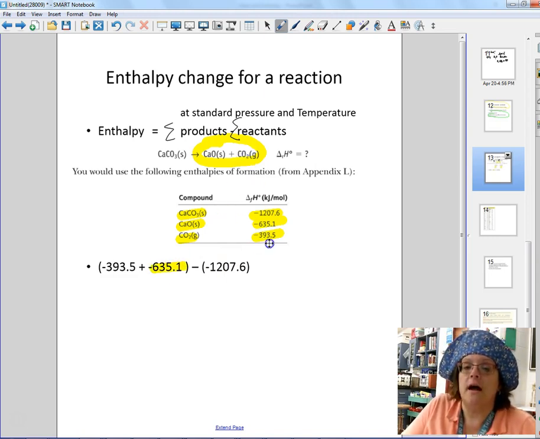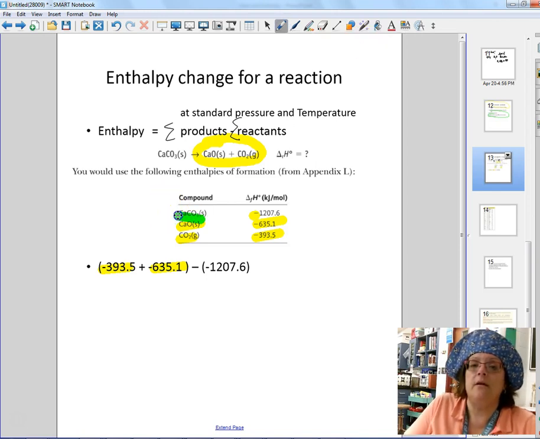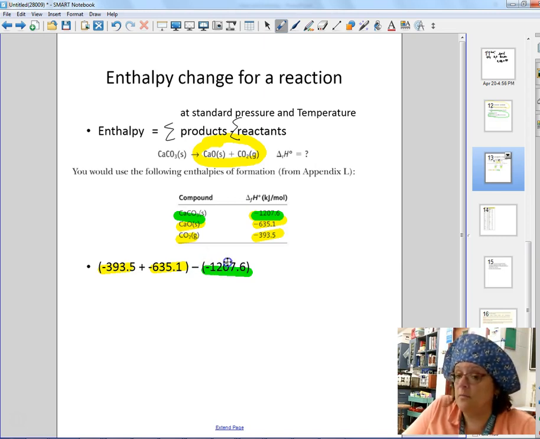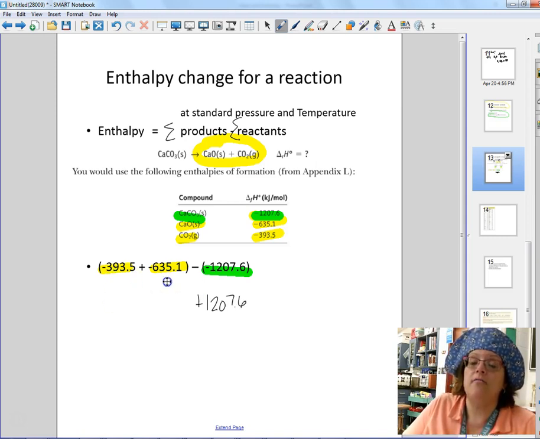Carbon dioxide has a heat of formation of negative 393.5. Now, the other piece is to look at the reactants. Our reactant is just calcium carbonate, and its heat of formation is negative 1206. But remember, it's products minus reactants. So when you subtract a negative number, what do you get? You get a positive. So we're ultimately going to take negative 393.5 plus negative